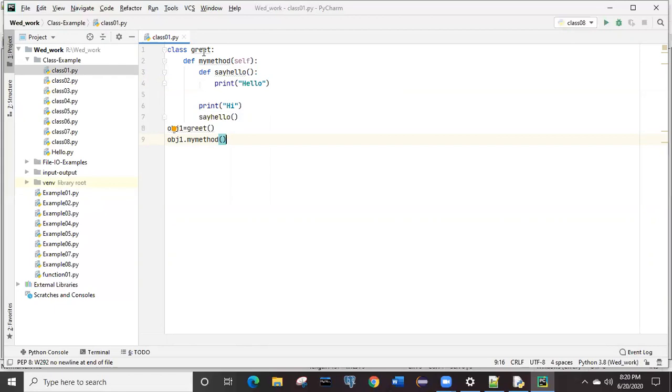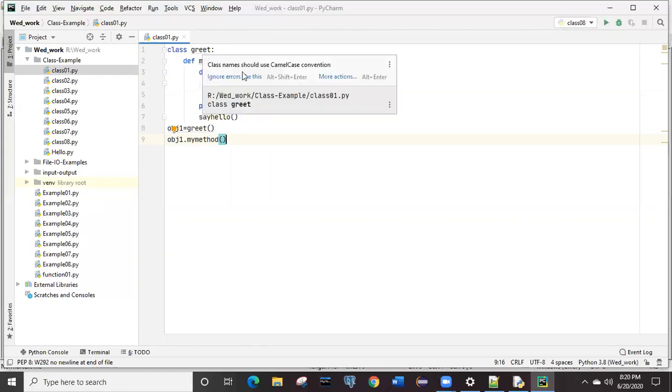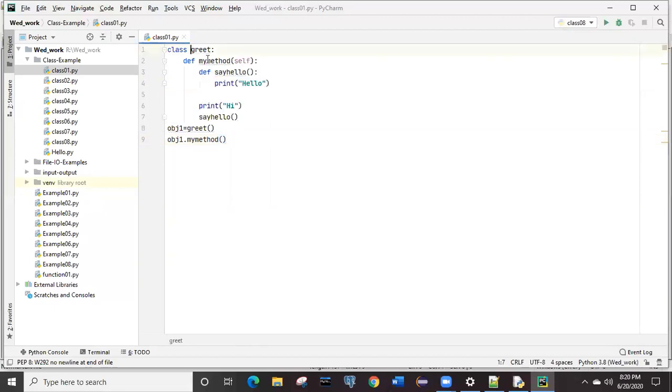If you see, an underline is coming, showing that the class name should be in camel case. There is no rule that you cannot execute with a small-case class name, but the standard syntax we make use of in industry-based approaches is to give the class name in camel case.